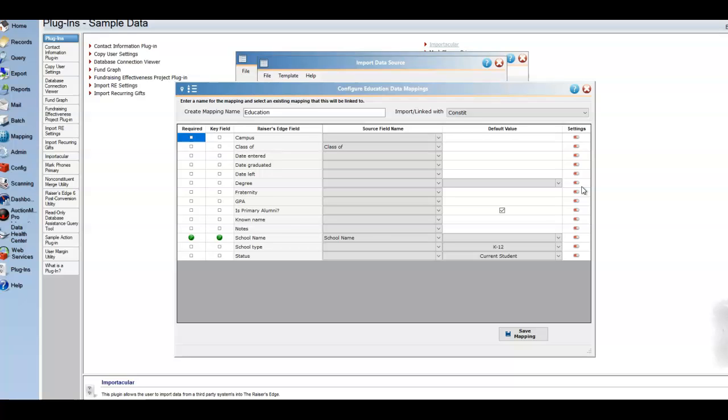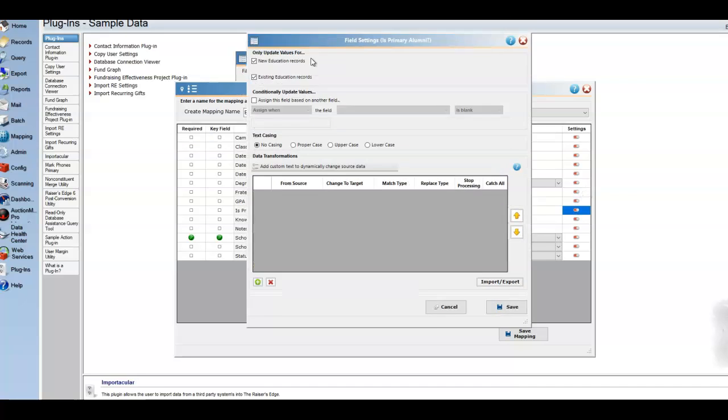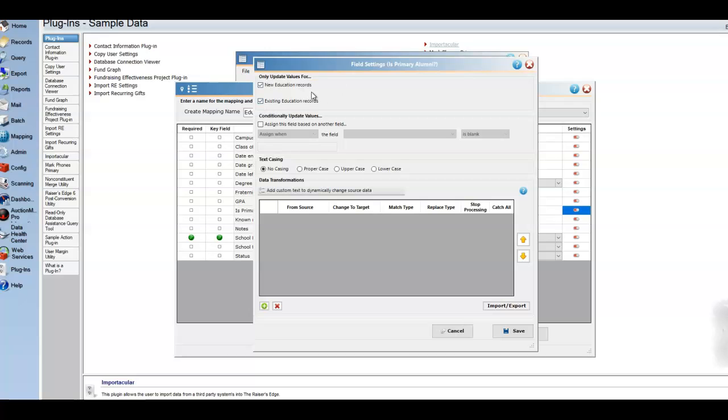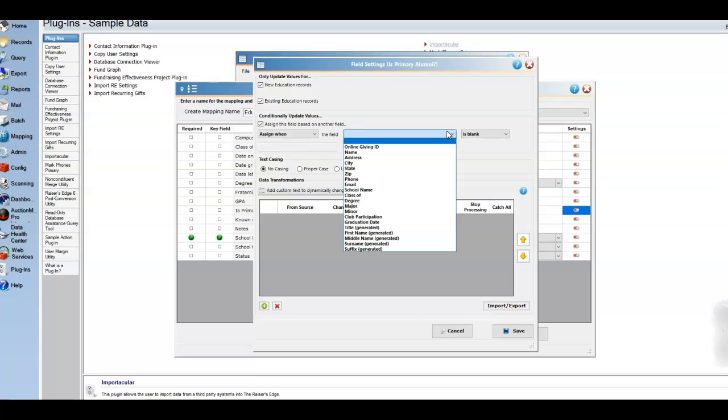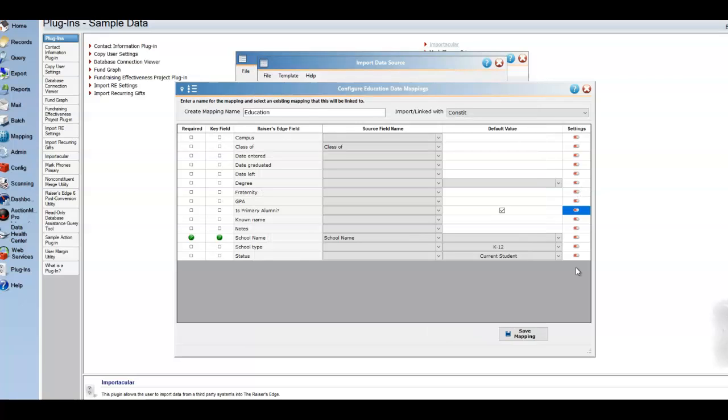So if you only want to assign the primary alumni to certain records, you can work with your field settings in order to say only add this to new or only add this to existing, or you could use a condition to say only add this when they are attending our school. So tons of functionality that you can have there to get this data in Razor's Edge the way you need